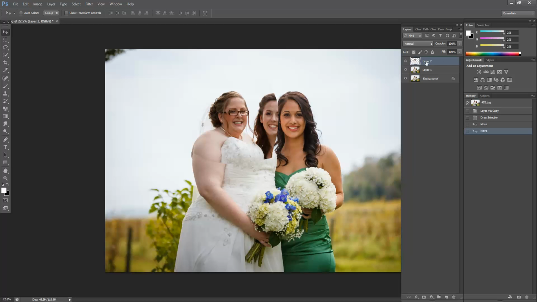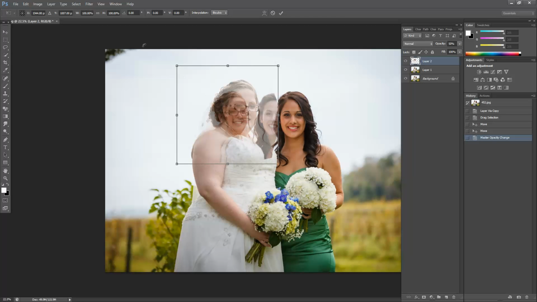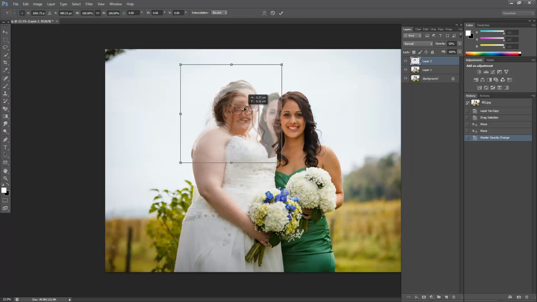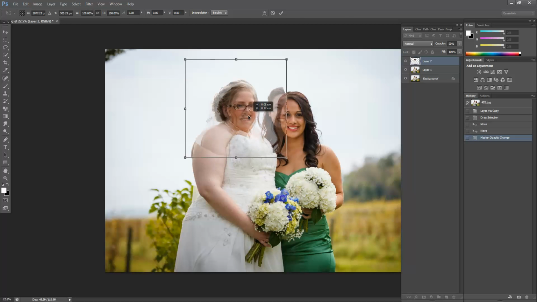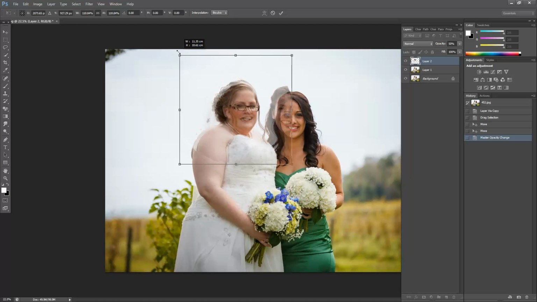So with layer 2 here still selected, I'm going to reduce the opacity down to 50% so that I can see both images. And I'm going to now press Control T for transform, and I'm going to come up and lock the width and the height. Now I'm going to use her glasses here as a guide, and I'm going to resize until they're as close as I can get them. Alright, that looks pretty good. So I'm going to press enter,